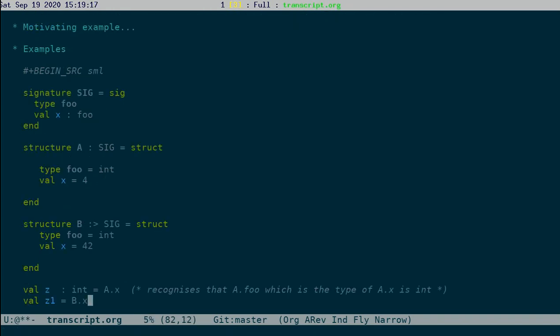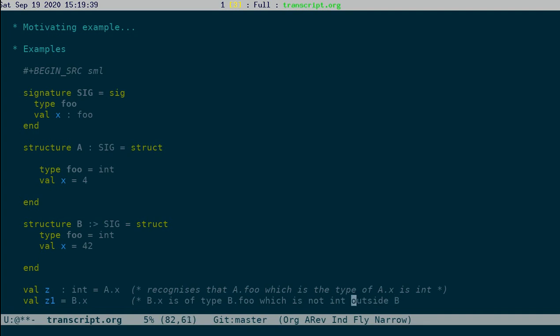However, here B.x is of type B.foo, which is not int, in the sense that it is abstract outside.